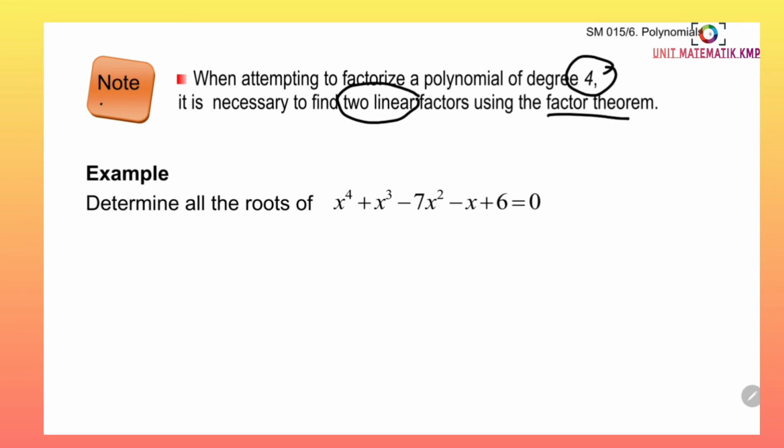Okay, so let's try this example. We want to determine all the roots of x power 4 plus x power 3 minus 7x squared minus x plus 6 equal to 0. So here we have a polynomial of degree 4, which means that we need to find two linear factors by using trial and error. Okay, let's proceed. Firstly, let P(x) equal x power 4